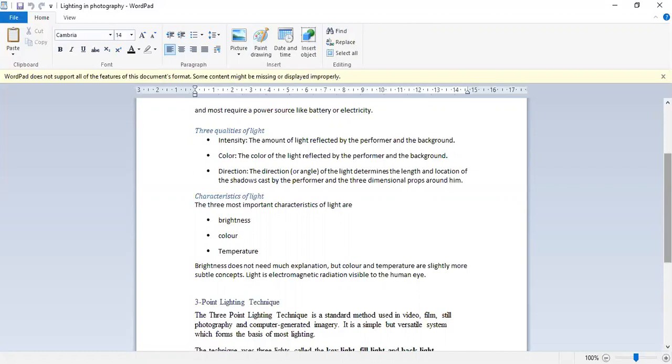And then color. Color is what makes us to differentiate that this is a fluorescent